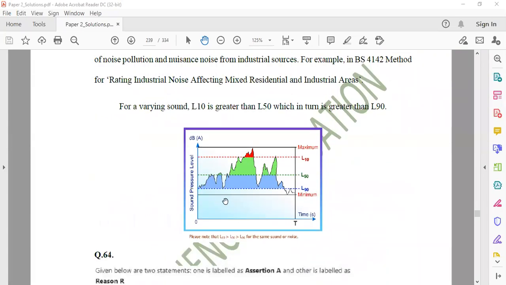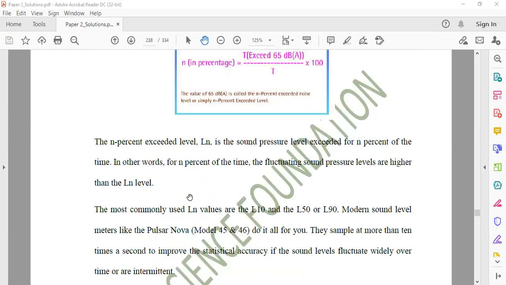But value wise, L10 would be more than L50, then L90. It goes like this. Please note that L10 is more than L50, more than L90 sound level, and L1 is more than L10 also. This way we can assess that the lower the index, the more the magnitude. Lower the index, more is the magnitude, right? You can see this easily. So similarly, if we go to the question now,